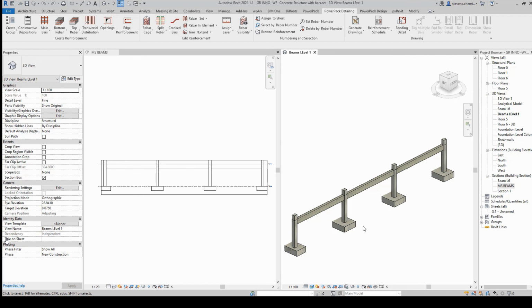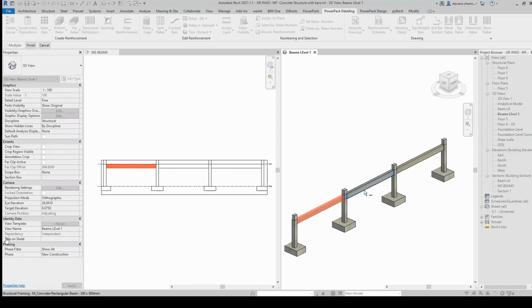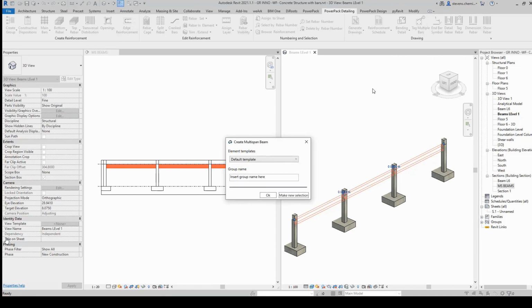So the PowerPack detailing command is offering a dedicated option for that. It's the notion of multi-span beam, which is close to the group notion, but it's a specific option we define for multi-span.